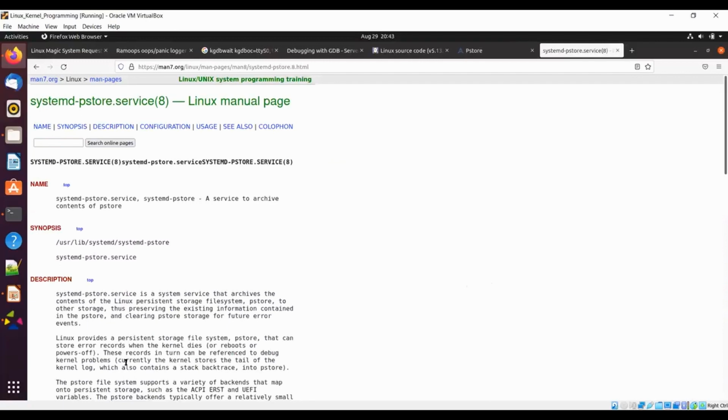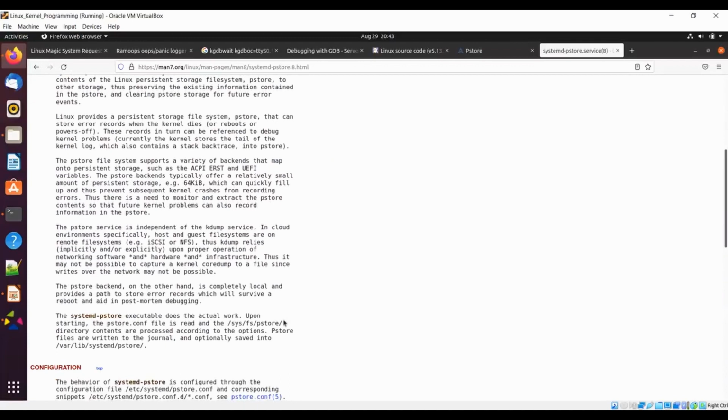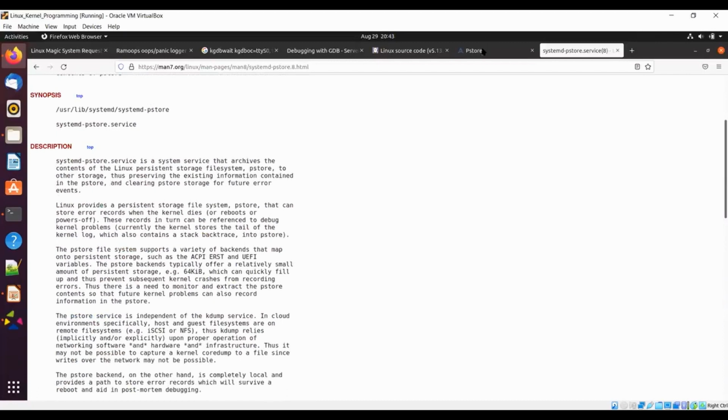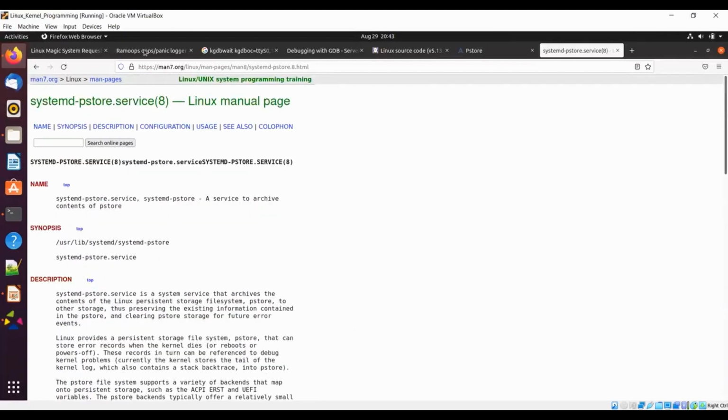So assume that you want to copy to somewhere else. You can copy everything from wherever you want, and you can pull it to your hard disk. You can copy it via this mechanism. So this will pull the data, but Pstore will only put the data in a format something like this. To understand this,